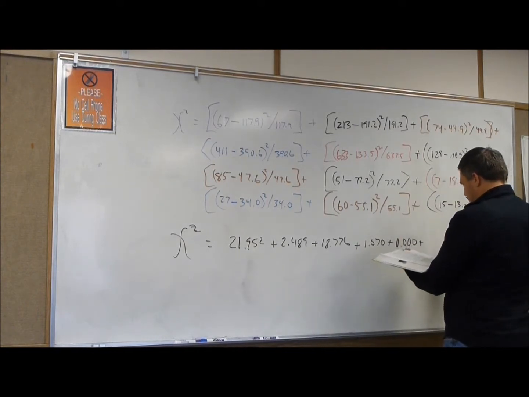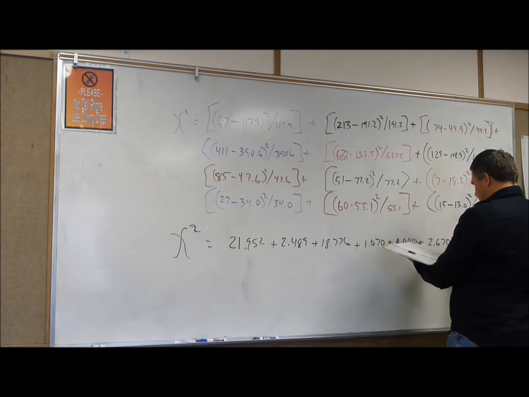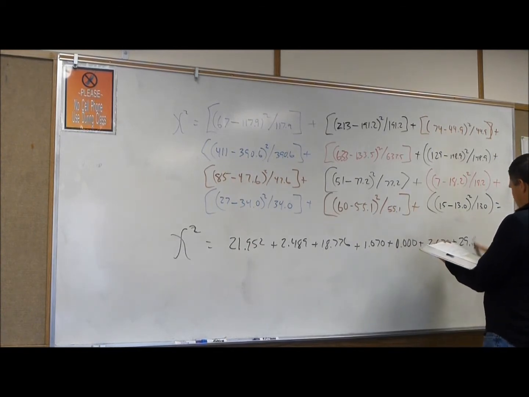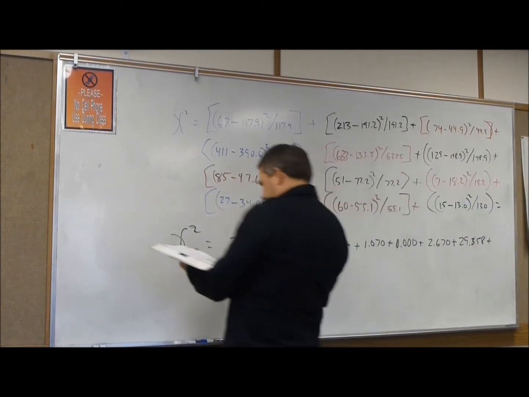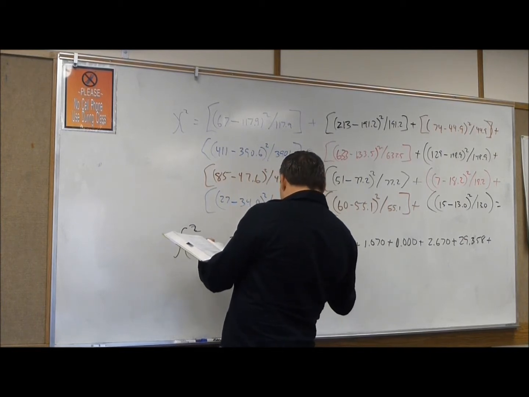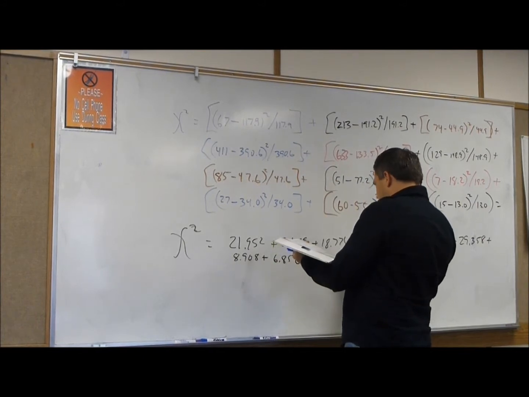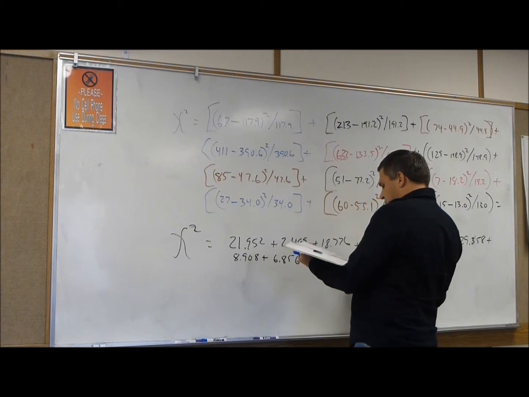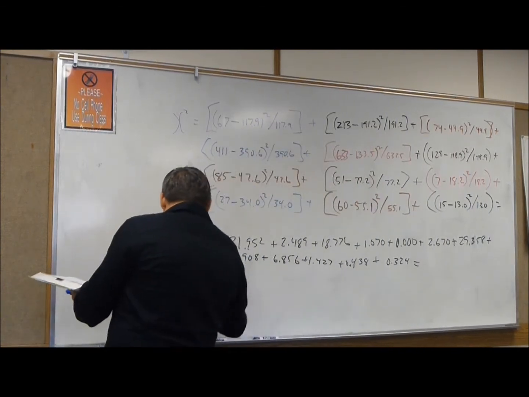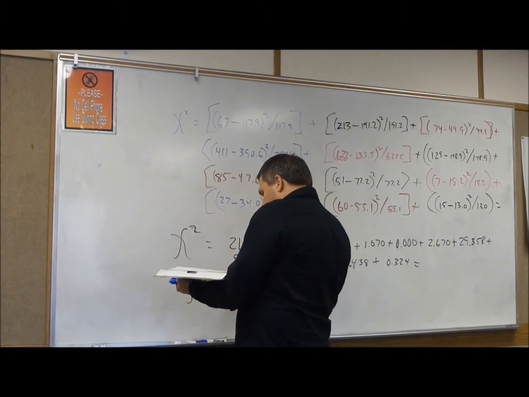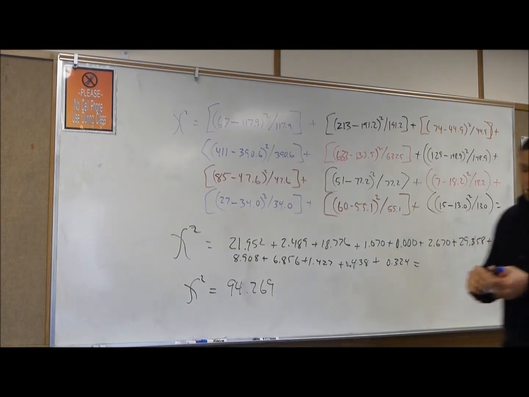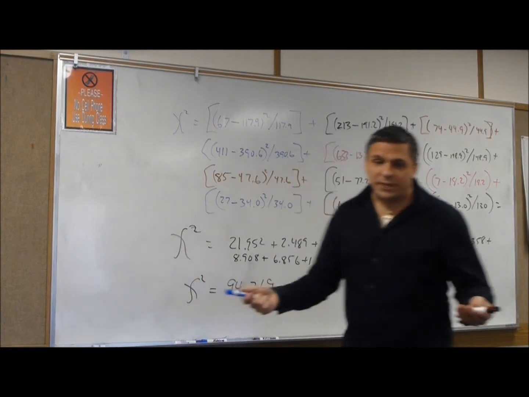Plus 2.670 plus 29.358 plus 8.908 plus 6.856 plus 1.427 plus 0.438 plus 0.324 equals, and then you get this chi-square equaling 94.269, okay? And now we need to look up this chi-square under our chi-square chart, just like we did before,